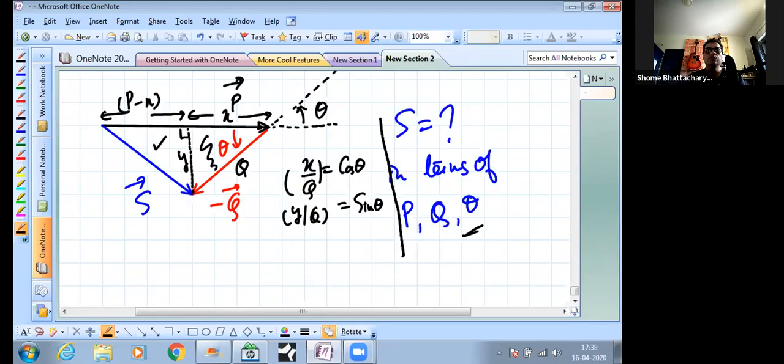Okay, so hope you understood what I'm asking for. I'm asking you to solve these two triangles. One triangle I've already solved for you, the shaded one on the right. So x upon q is base upon hypotenuse and y upon q is perpendicular upon hypotenuse. So we've expressed it in terms of sine theta and cos theta. Now next I want you to put those values of x and y in the second triangle, the one which I've tick marked, which is on the left, and from that find the value of s. Just try this out, people, and tell me if you're getting some kind of an answer which is useful.